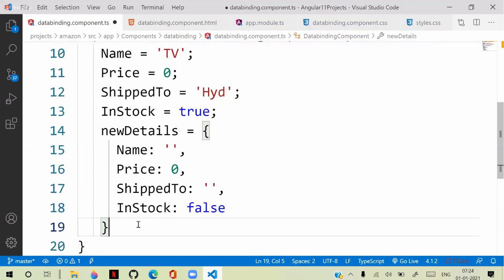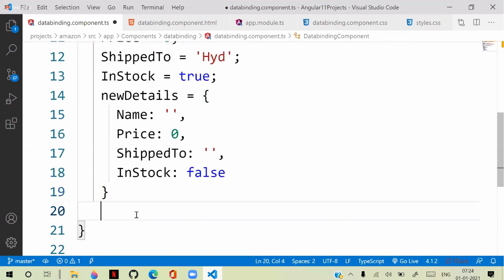On button click, I want to update these new details. That means we have to write a function, our own function, for the update button click.